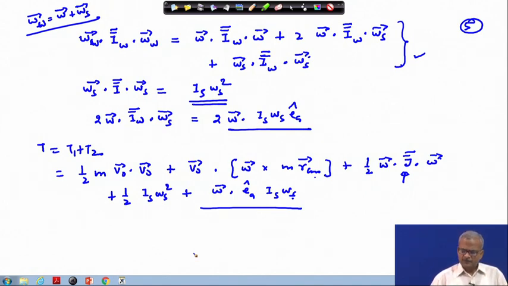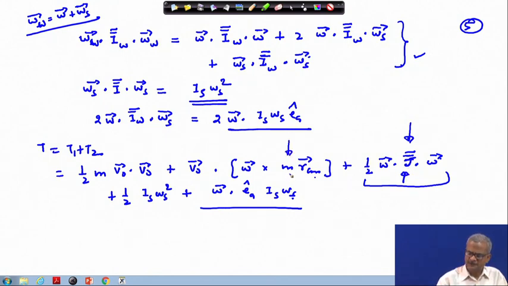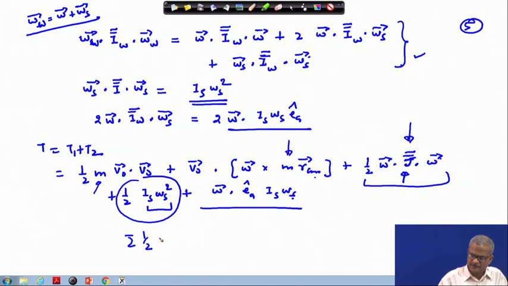If you have multiple wheels, these are not going to change, because in this capital J what we have written here is the moment of inertia of the whole system. So all the wheels will be accounted for in this one. Here m will include the mass of all the wheels, so nothing is going to change here. These equations remain as they are. Where will it change? Here, instead of a single wheel, we will have multiple wheels, so we are going to replace this term by a summation of 1 by 2.